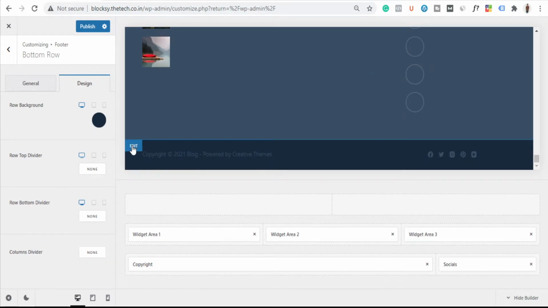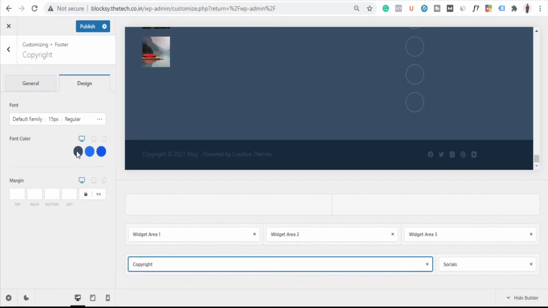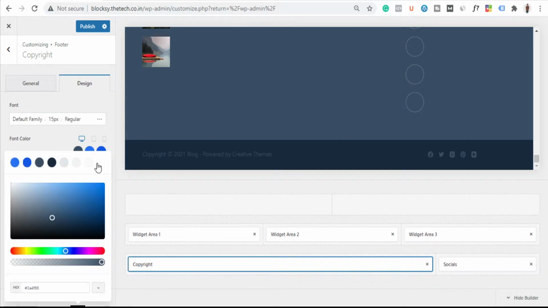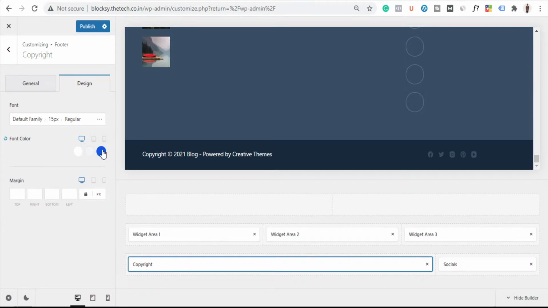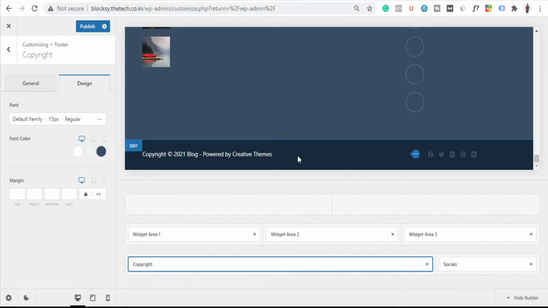Okay, now let's first fix the text here. So I'll go here, I'll click on the edit, I'll just hover over here and I can see the 3 dots, just click here. Okay, now you can change it. Now go to design, and now for font color you can choose white. You can see here, right? Now the link initial I can make a bit faded, and hover color I can make column 3. Okay, so yep, this is looking fine now.